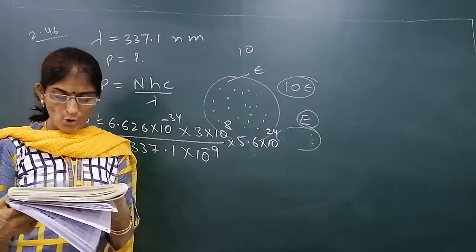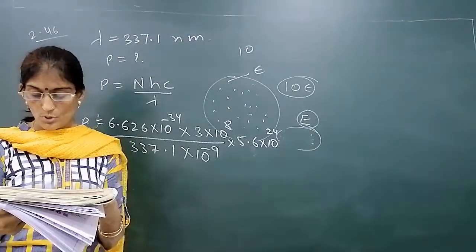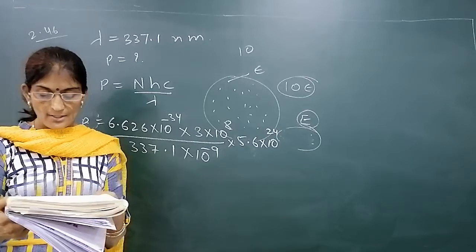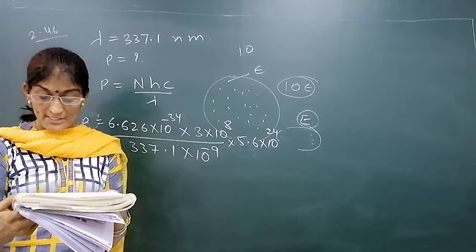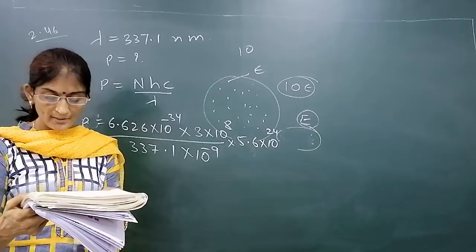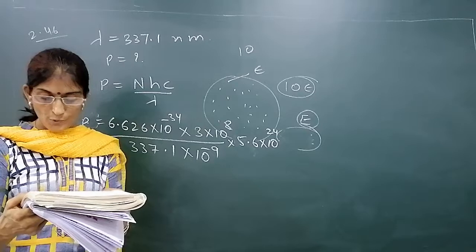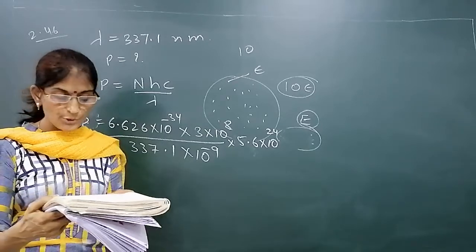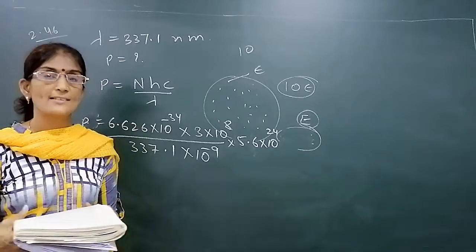The question is: neon gas is generally used in signboards. If it emits strongly at a wavelength of 616 nanometer, what is the frequency of emission? Distance travelled by this radiation in 30 seconds, energy of quantum, number of quanta present in it if it produces 2 joule of energy. Four questions are asked.